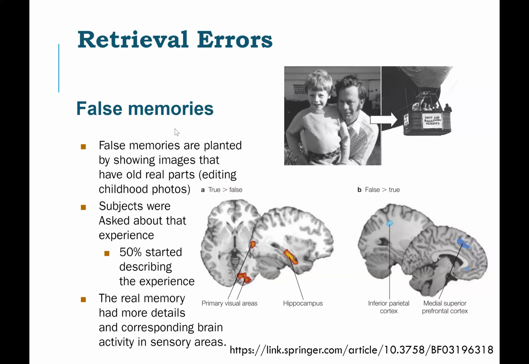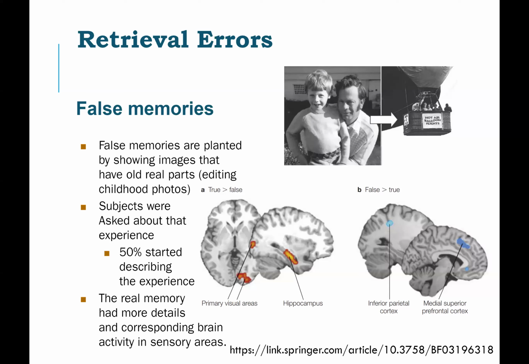A lot of the time, eyewitness testimony has issues, even for events that happened very recently, right? For example, you saw a robbery or you saw a car accident. The emotional state you're in makes it very hard for you to consolidate what you're seeing the right way and be able to recall it. And you're very suggestible, right? That's why when you see an event happening, it's best not to talk to other people who saw it, because that's just going to contaminate your memory of it. And you're just going to pick up what they say as what actually happened.